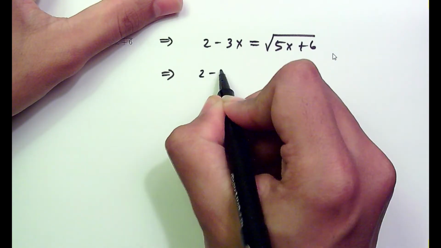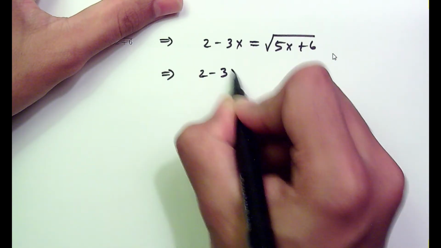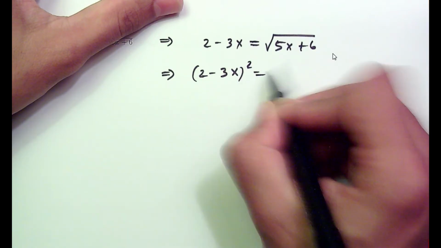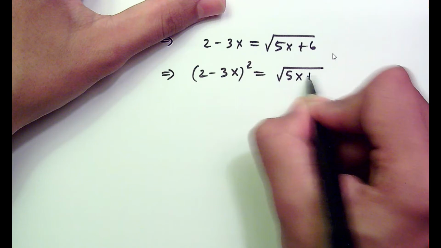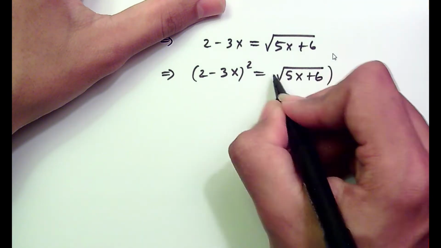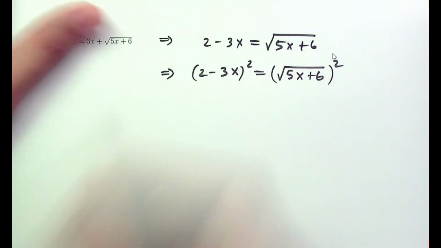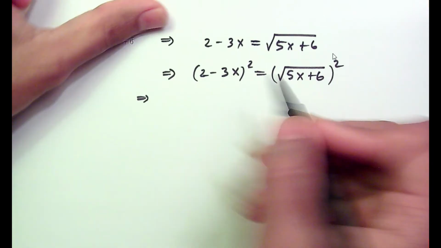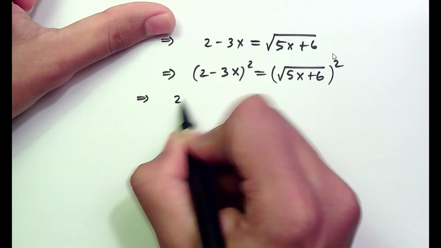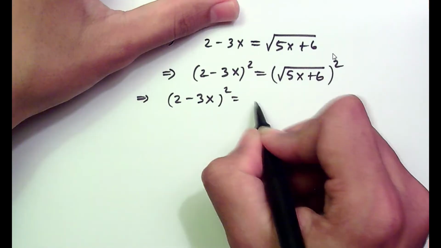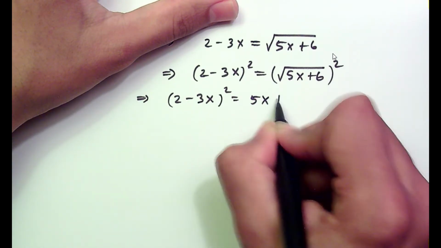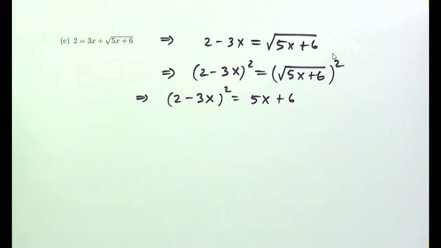So (2 minus 3x) squared equals (the square root of 5x plus 6) squared. Okay, and what that's going to do is get rid of the square root on the right hand side, so this is going to be just (2 minus 3x) squared equals